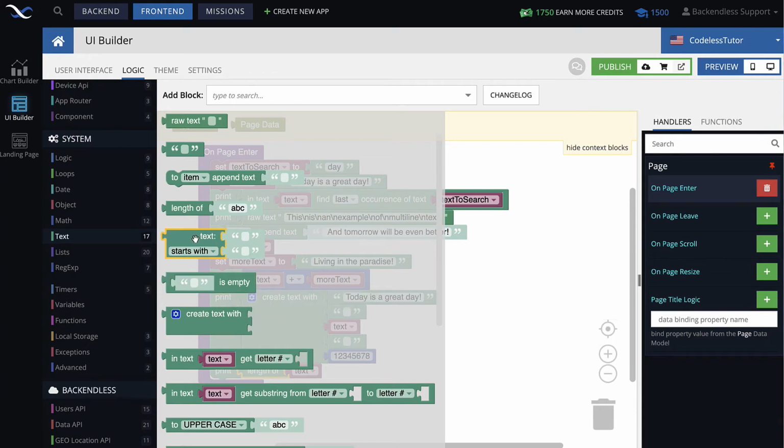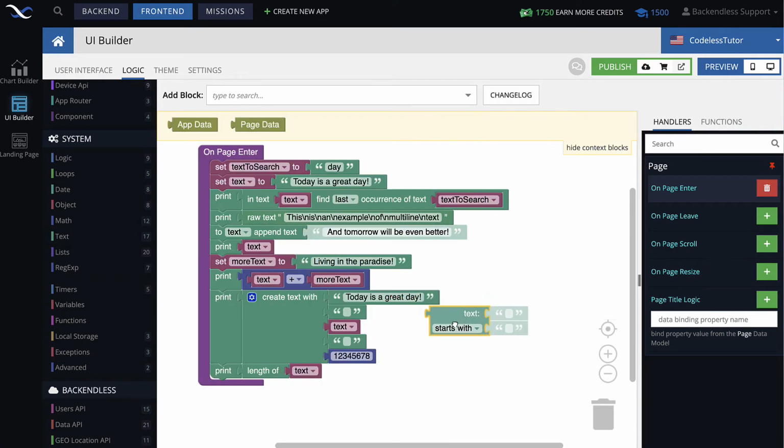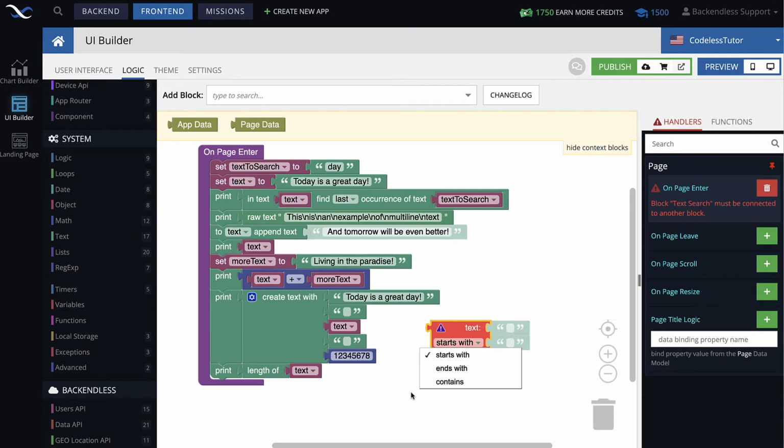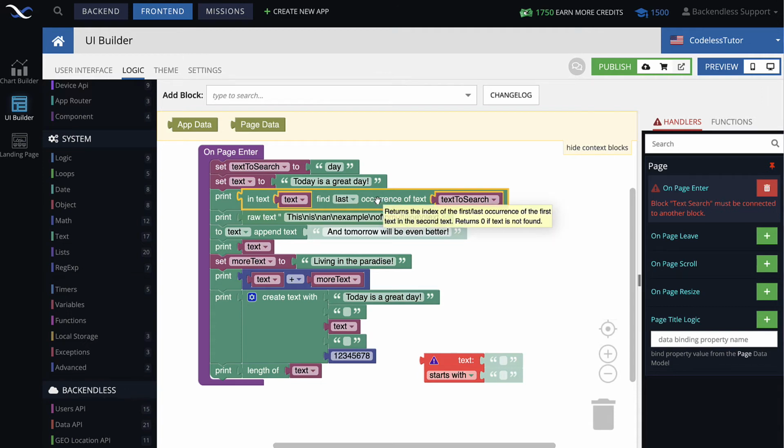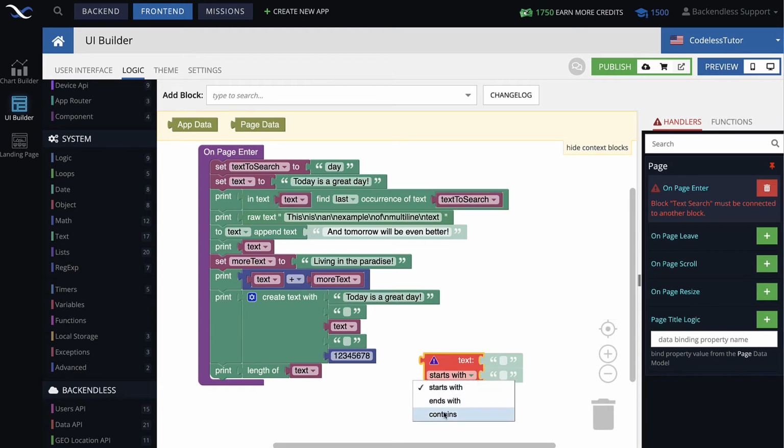This one determines if text starts with or ends with, or contains. Okay, so this returns a Boolean, but essentially it's an alternative way if you use this one. And this returns 0. It means that it did not find this text in here, which means that this, if you were to use contains and it returns false, is the same thing as checking whether the occurrence in the text is 0. So they are equivalent as far as the value. So this returns a specific index. This always returns true or false.